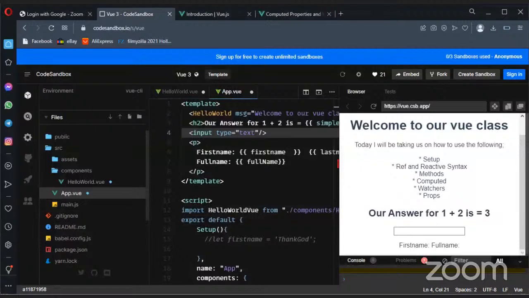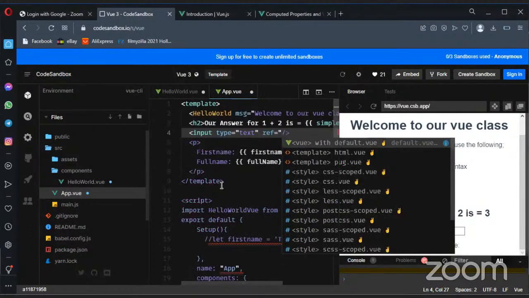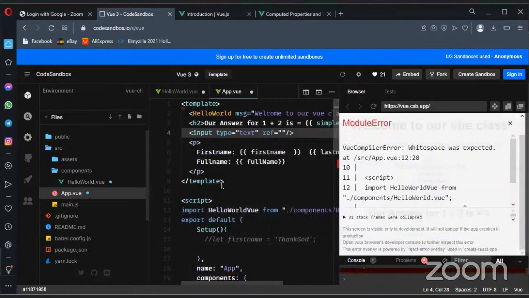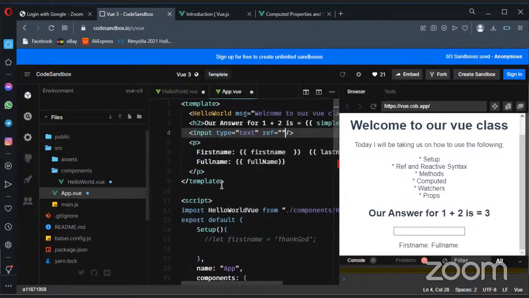Ref helps you to achieve that. So what you do is that in your input element, you add a keyword called ref. You can now give it a name, let's say text input. You understand? So to now have access to this DOM tag, this input, how you have access to it is in your code base here, for instance, on mounted, or maybe